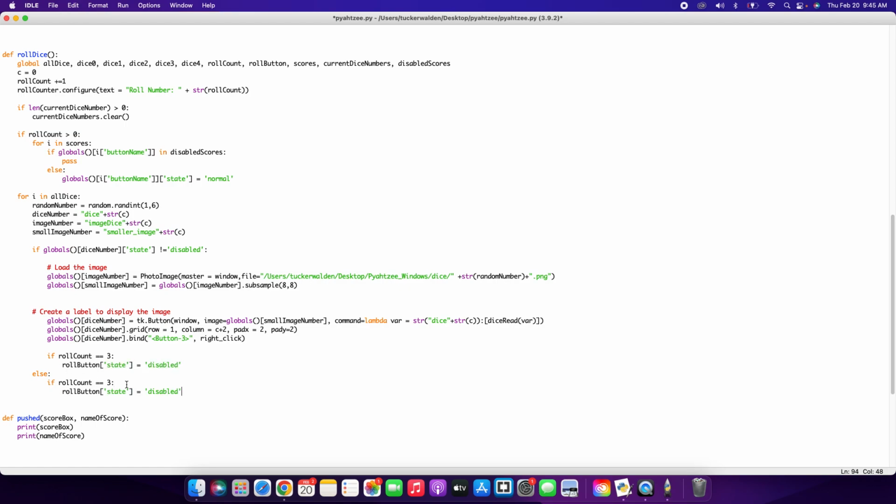We're going to paste that. We're going to disable. And then we're going to pass. And then on line with that else statement, we're going to do C plus equal 1. And we're going to do current dice numbers dot append globals image number